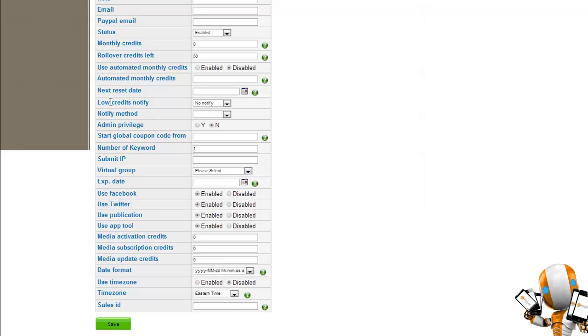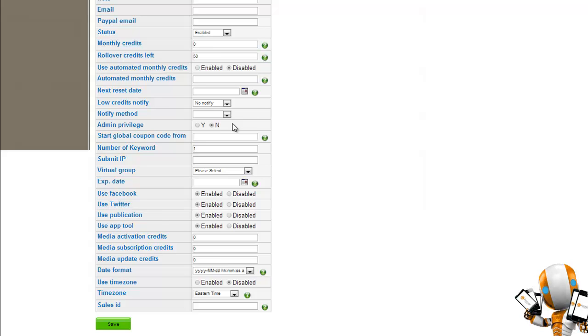you can see here that you have the ability to set them up with a low credit notify and the method of notification. The method of notification is either via email or SMS, which is set up prior here in the earlier part of the customer setup. So we can choose to notify them when they reach a threshold of 500 all the way down to 25 credits left in their account. And then again we can choose the method of delivery. It will send them a message letting them know their account is running low on credits and they need to